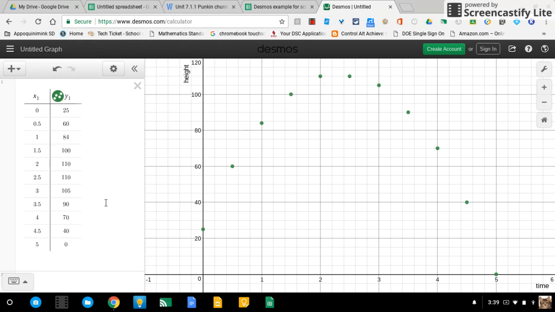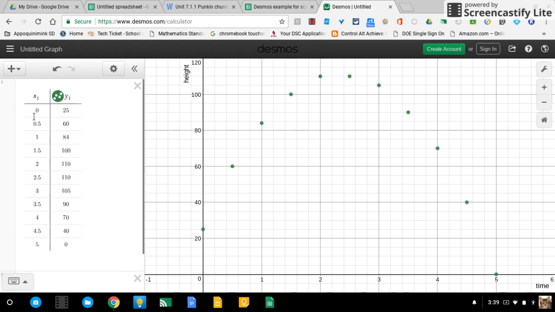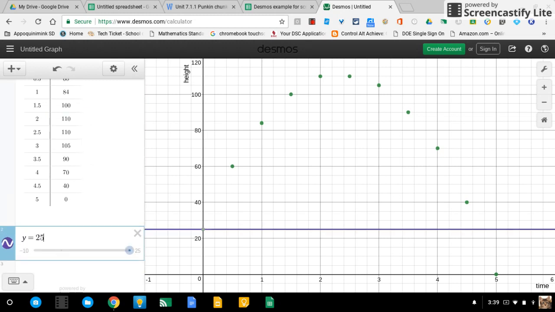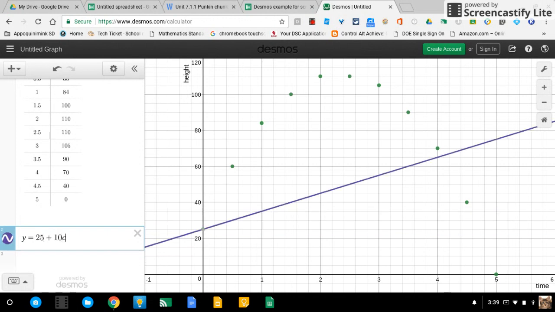So what the rest of part A is asking you to do is come up with an equation that might model this. Now, my initial height pretty much is given to me right here, right? That's where the pumpkin started in this case. So I am going to start with y equals 25 is my initial height. And then I'm just going to guess something. Plus 10x, maybe my initial upward velocity,